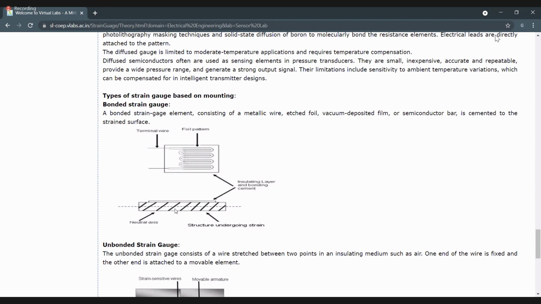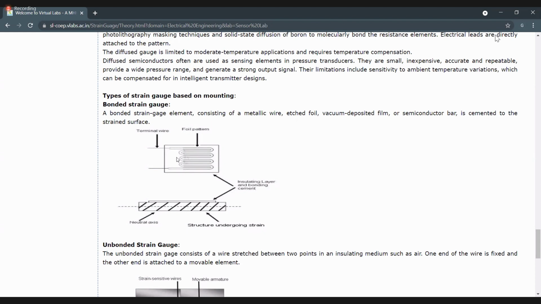To understand the link between the metallic wire and the strained surface, he has given a second figure. Move your cursor near the second figure, the dotted surface. The dotted surface is the strained surface, and the plane surface we can see.